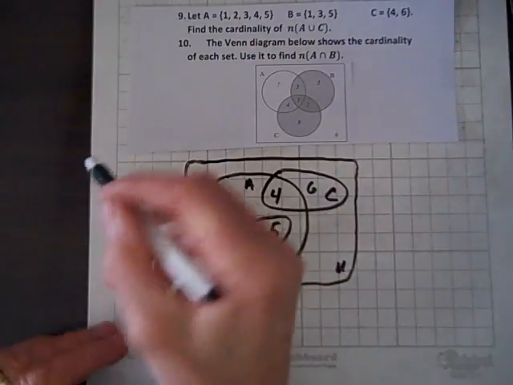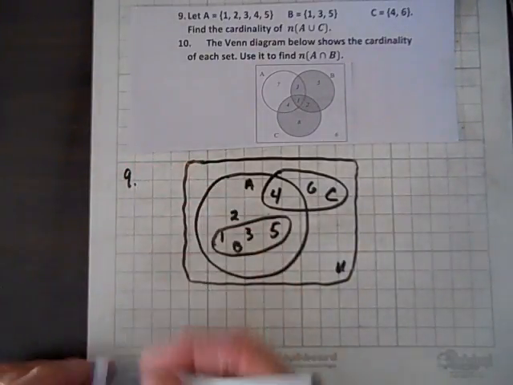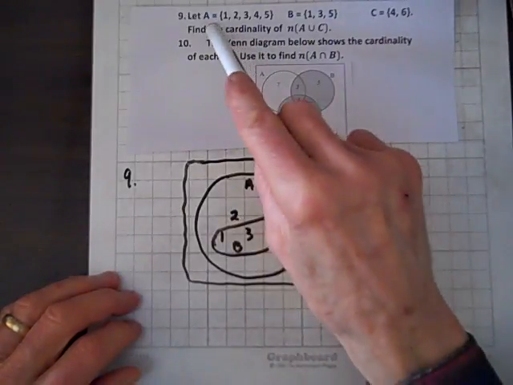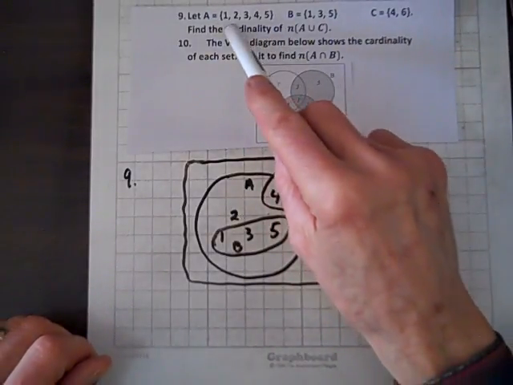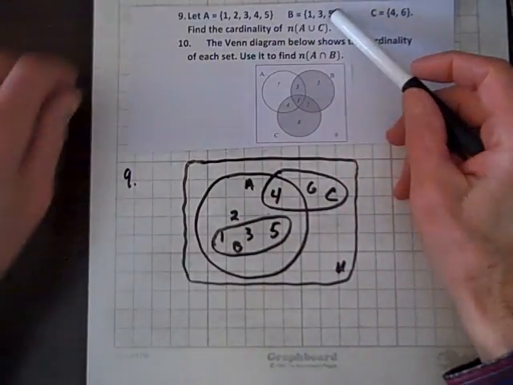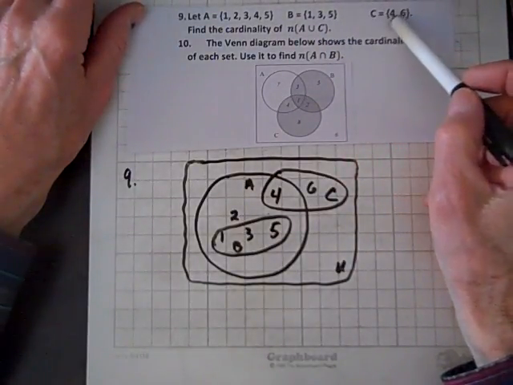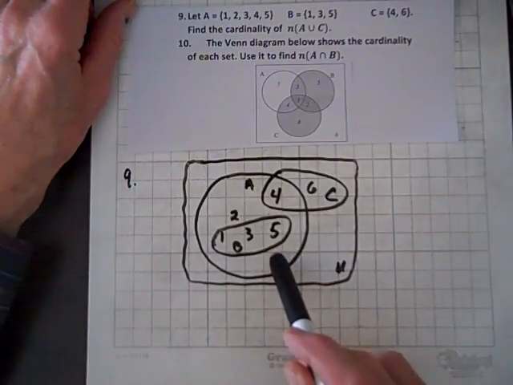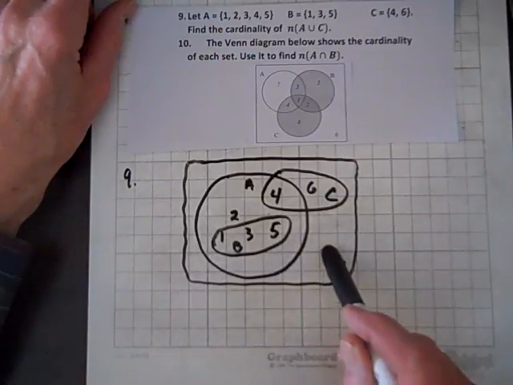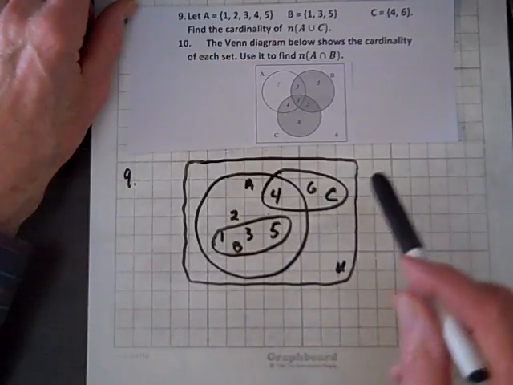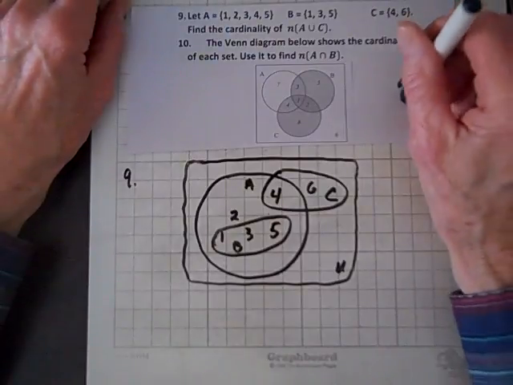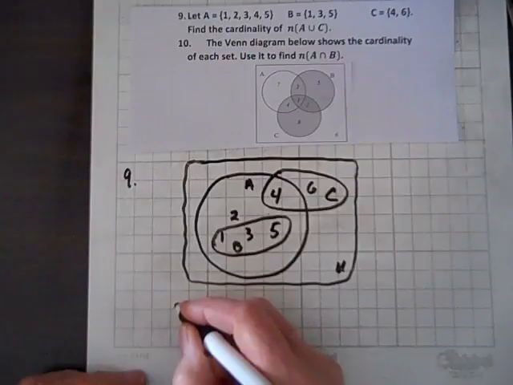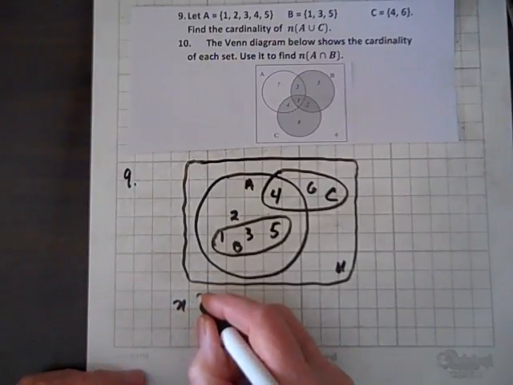So for question 9, we were given 3 sets, and we dealt with these earlier. A, made up of the elements 1, 2, 3, 4. B, made up of the elements 1, 3, 5. And C, made up of the elements 4, 6. And I've drawn the sets in a universal set. And now we have to answer this question, find the cardinality. So N of